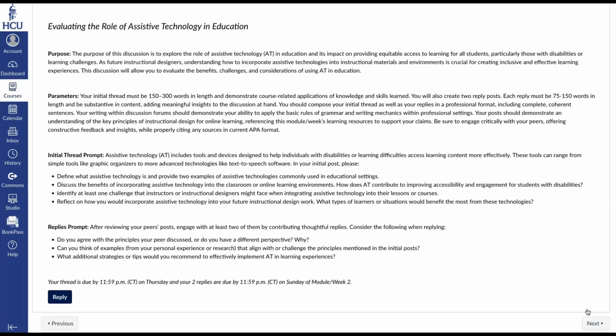After submitting your initial thread, please reply to at least 2 classmates and consider the following when replying. Do you agree with the principles your peer discussed, or do you have a different perspective? Why, if you have a different perspective, or why, if you agree? Also, can you think of examples from your personal experience or research that align with or challenge the principles mentioned in the initial posts? And then finally, what additional strategies or tips would you recommend to effectively implement assistive technology